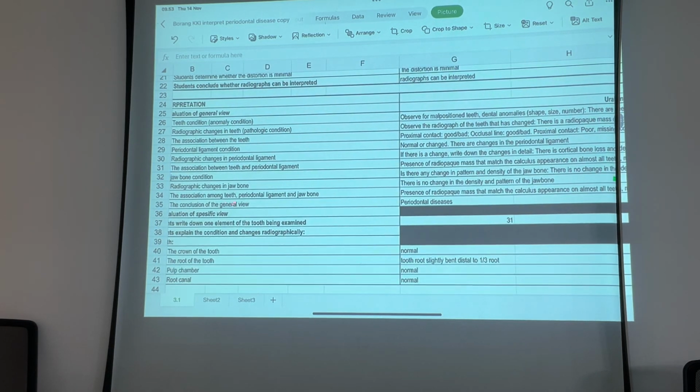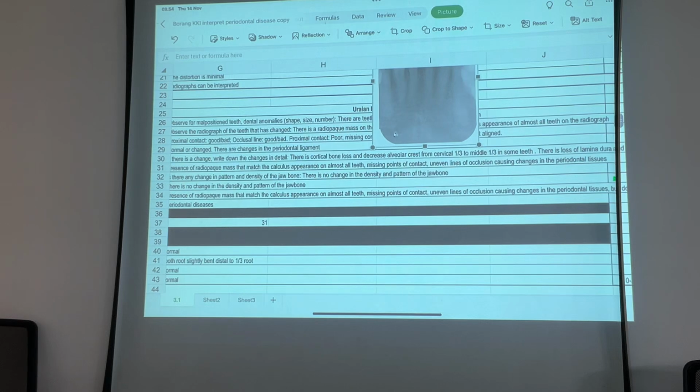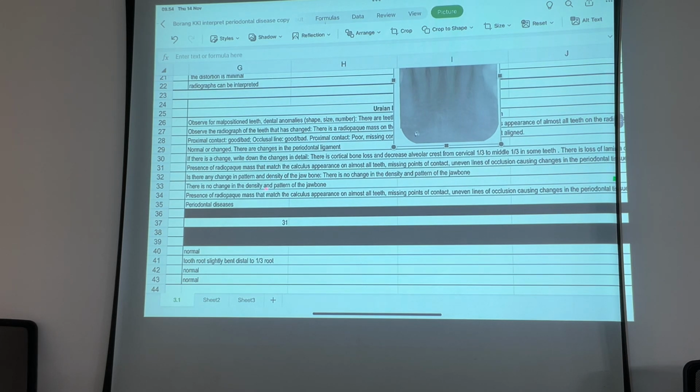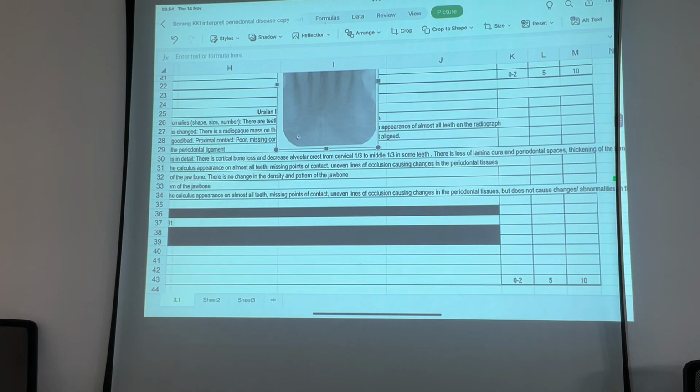Okay. The next one is the association between teeth and periodontal ligament. So, presence of radiopaque mass that match the calculus appearance on almost all teeth, missing point of contact, uneven lines of occlusion causing change in periodontal tissue. Yeah. So you write,